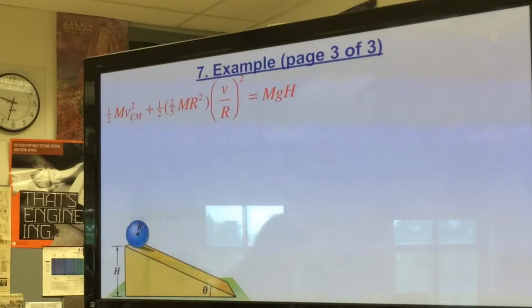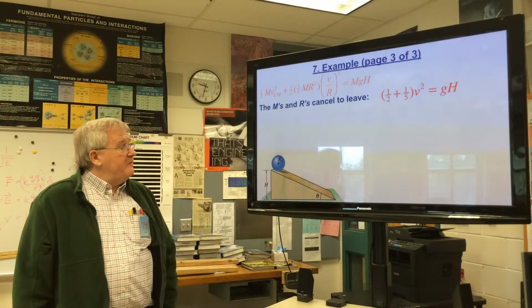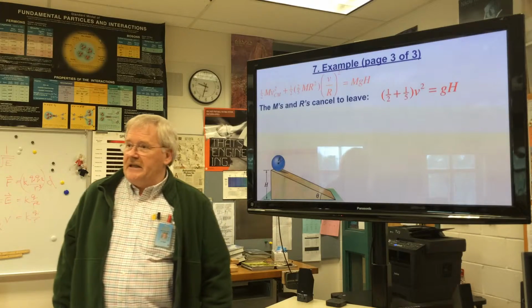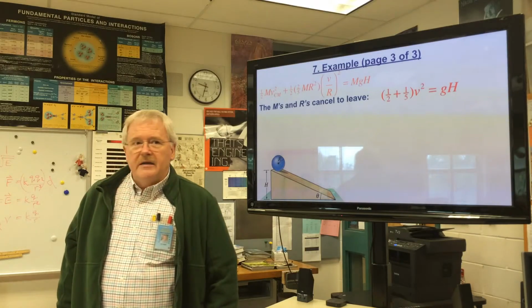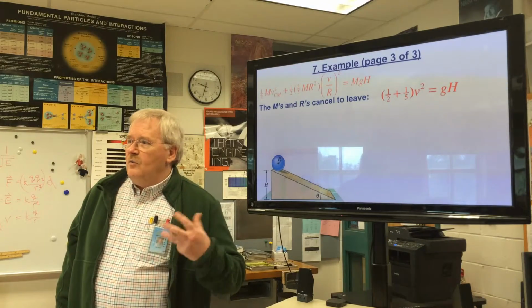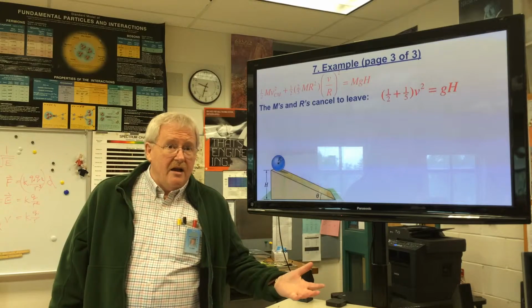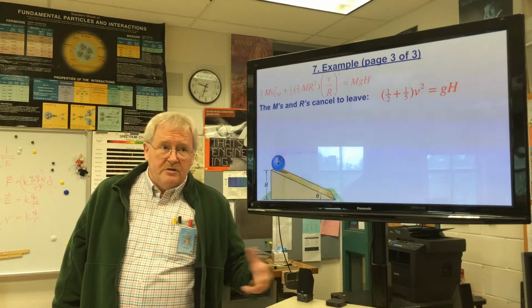The m's and r's all cancel, and what we're left with is 1/2 plus 1/5, times v squared, equals gh. It still doesn't matter what the masses are, and it still doesn't matter what the radii are, which is fortunate,